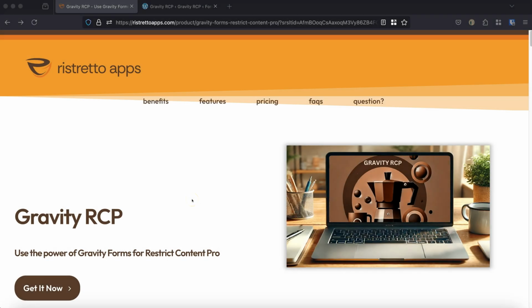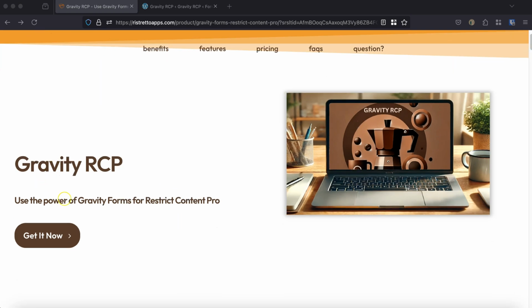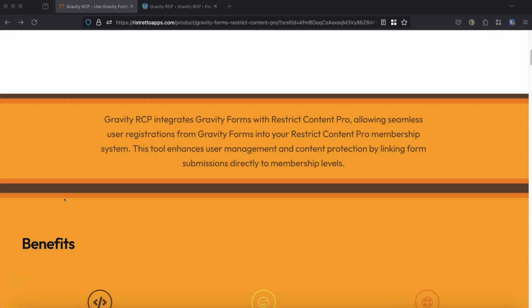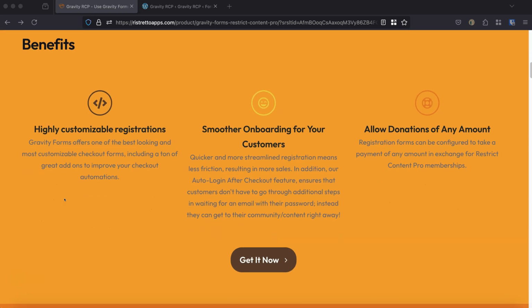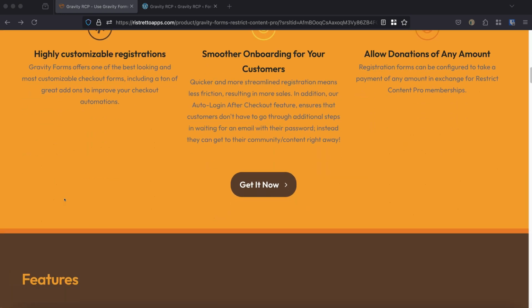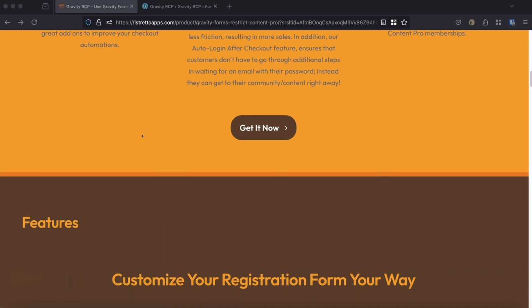In this video, I'm going to walk you through how to utilize Gravity Forms to register new members to Restrict Content Pro, one of the most popular membership plugins out there for WordPress. We'll be doing it using our new plugin, Gravity RCP. Now, this integration is going to make taking signups with Gravity Forms super easy without taking away any of the self-serve account management functionality from your members, or without losing access to accurate financial reporting features built into Restrict Content